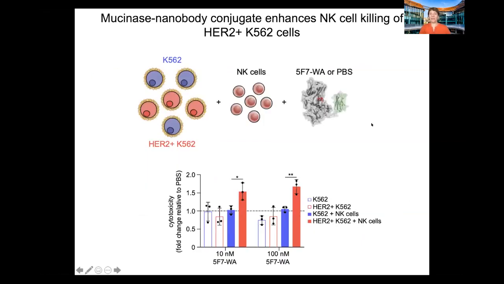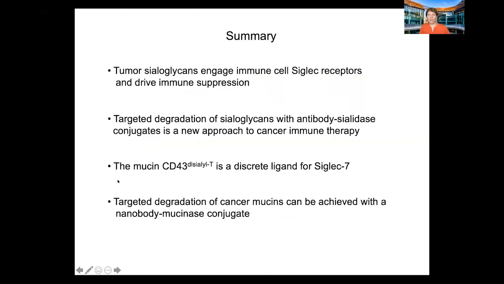So this is a reagent that we can now use to take off mucins selectively from tumor antigen expressing cells to see if we can potentiate the ability of immune cells to recognize and kill them. And this is hot off the press data that Judy sent me, showing that a mixed population of HER2 positive, which are red, and HER2 negative, which are blue cells, mixed together with immune cells called NK cells and our dead sticky nanobody conjugate, can lead to selective killing of the HER2 positive red cells, preferentially over the HER2 negative blue cells. So that gives you a flavor of where we're going with this project.